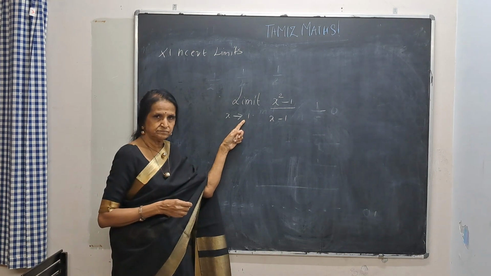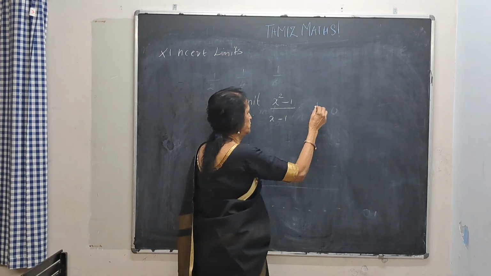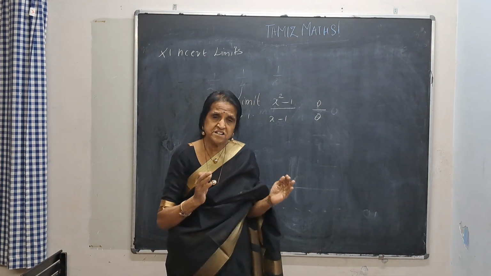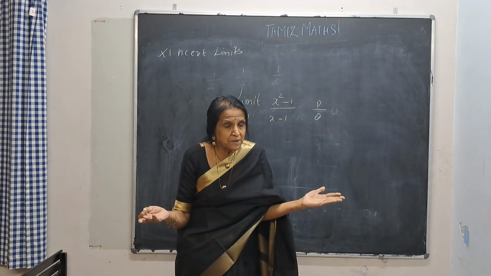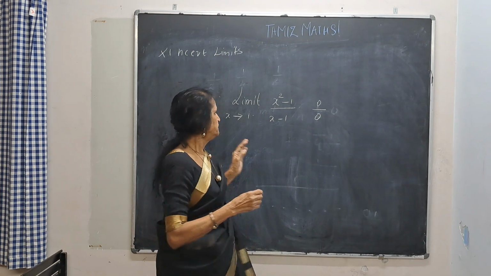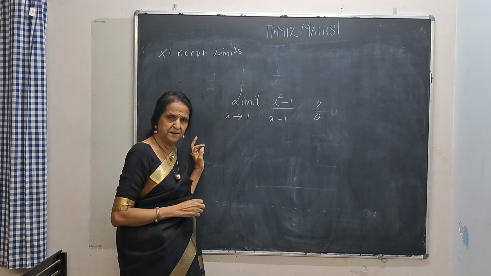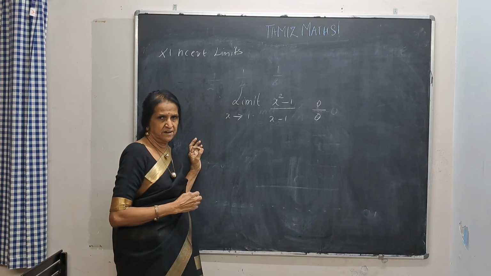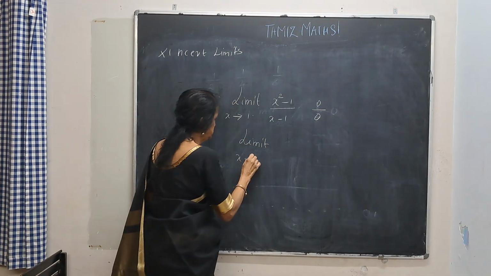Very first thing I will substitute 1. 1 minus 1, 0. 1 minus 1, 0. Oh God, it takes a form mathematically indeterminate. So it's an indeterminate form. Now, how am I to get the answer for this? All the limit questions will be of this pattern where we try to change it, we try to refine the expression and get an answer to that. This will be limit, x is tending to 1.